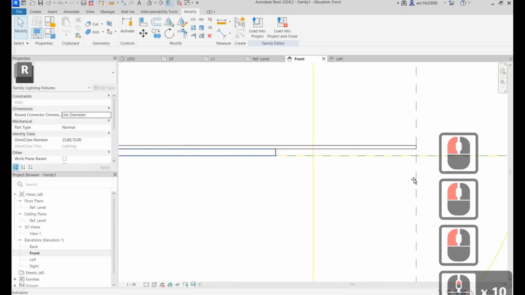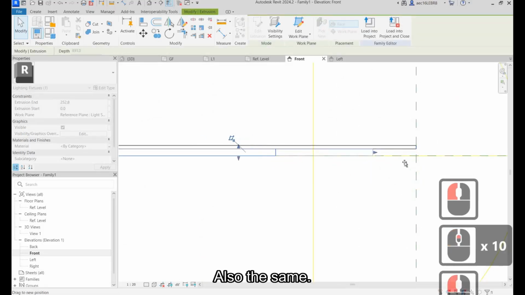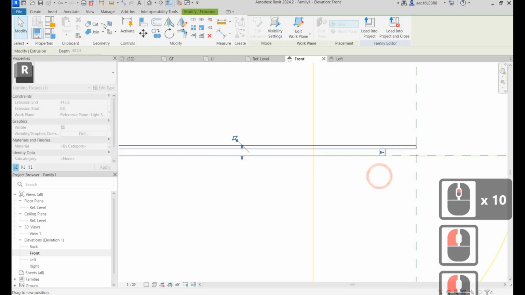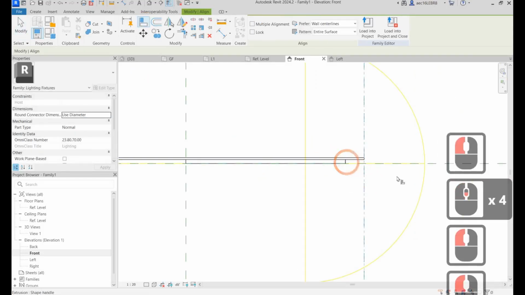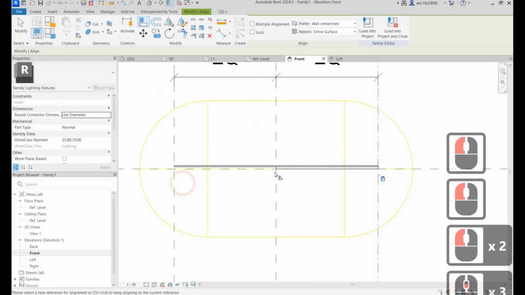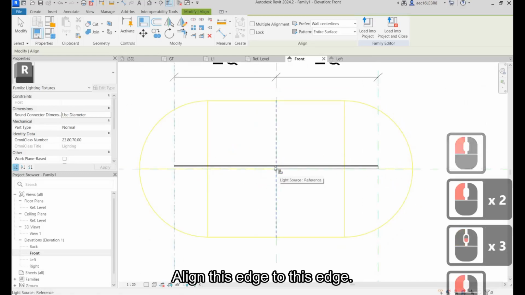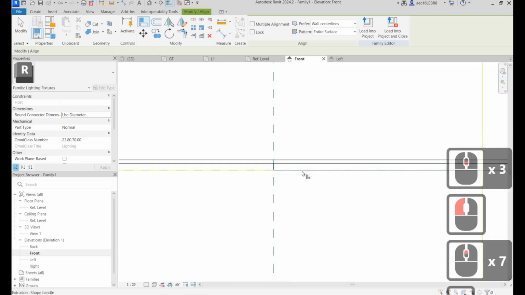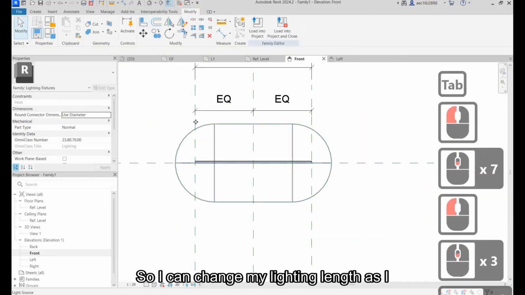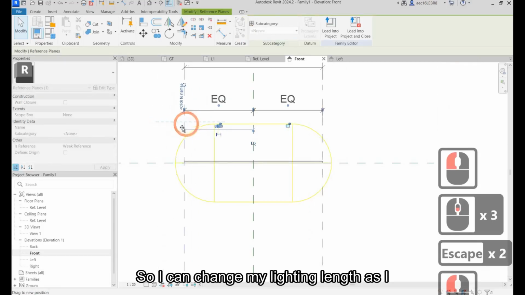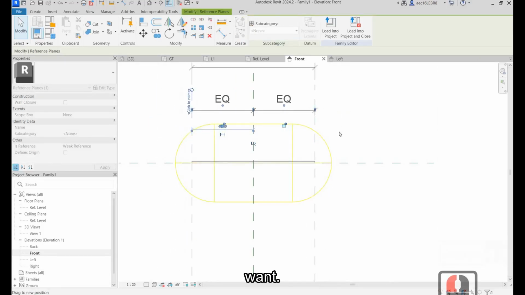Then here also the same. We use the align tool. Lock, align this edge to this edge, lock it. So I can change my lighting length as I want.